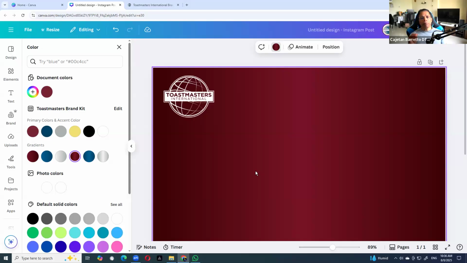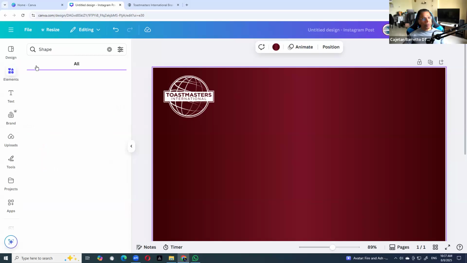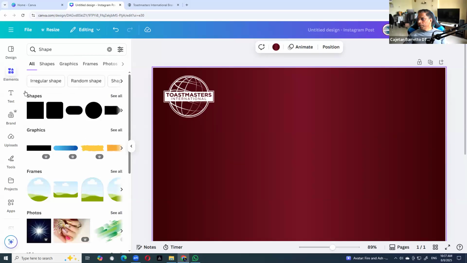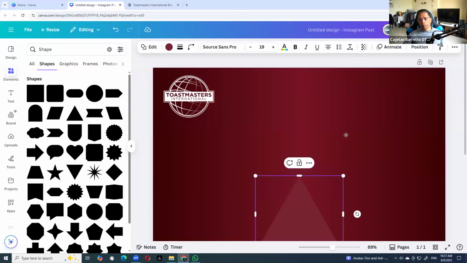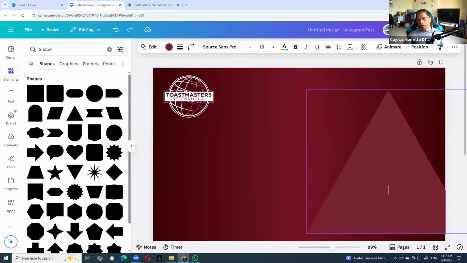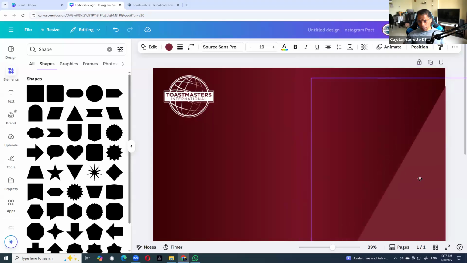And the other thing you should help them at this point is to help them to understand a little bit about elements on the left-hand side and explain to them about shapes. So if you have these shapes, all these shapes can be used to create impactful design. So let me click on see all to see what kind of shapes we have. And all the shapes can be used in your design, like something like this. Feel free to experiment with them.